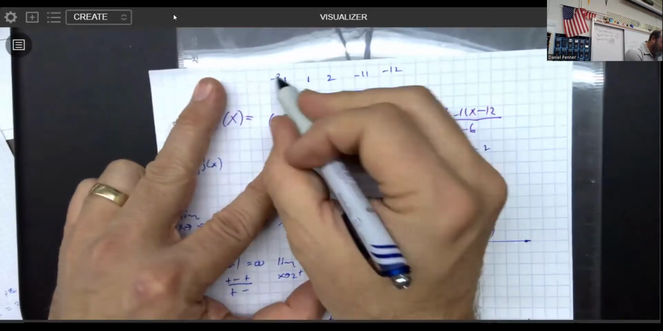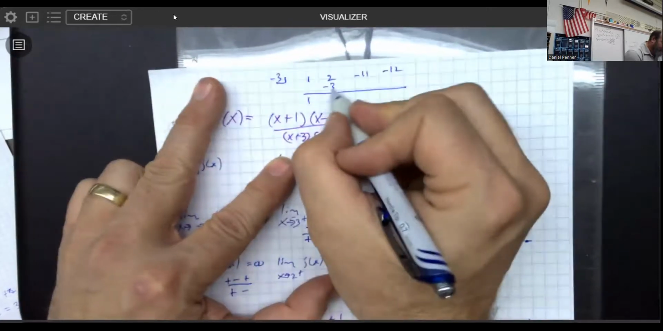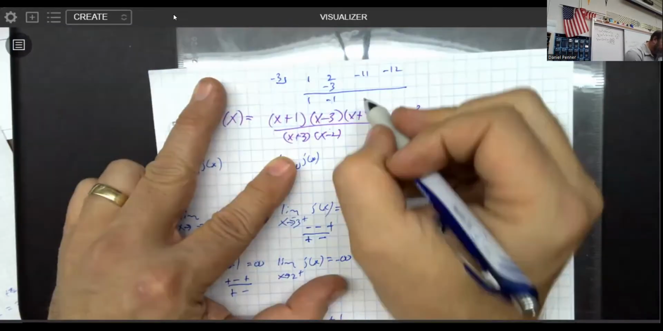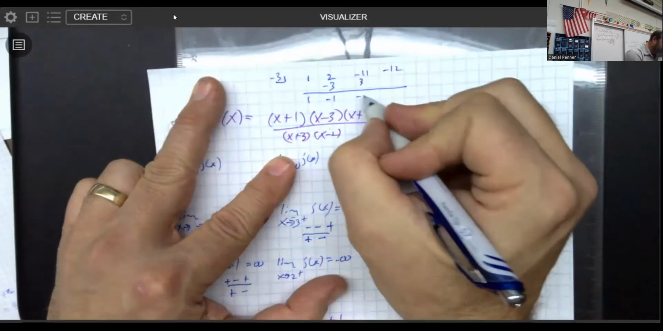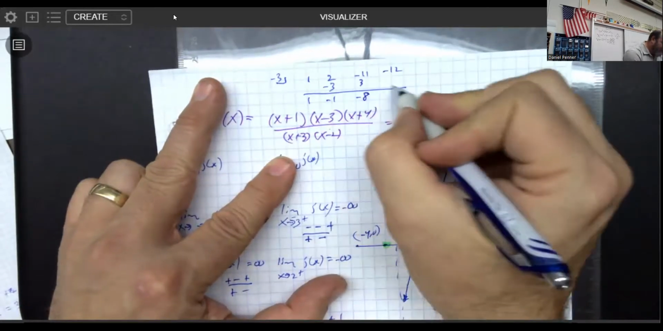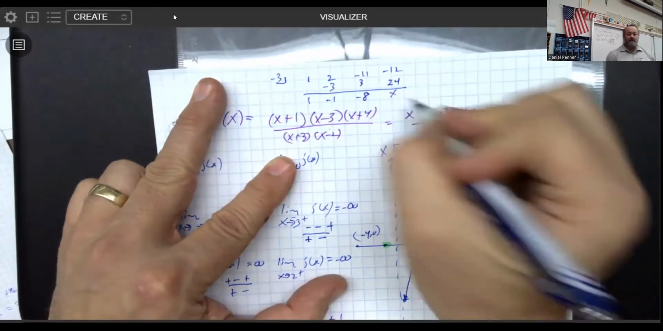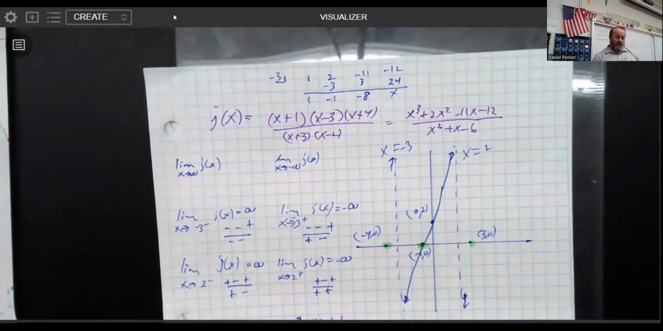So I'd get 1, which 1 times that would give me negative 3. Negative 3 times negative 1 is going to give me positive 3. That's negative 8 and 24. And you're going to notice that that didn't divide in perfectly, so I'm not worried about it. So technically, when I divided by